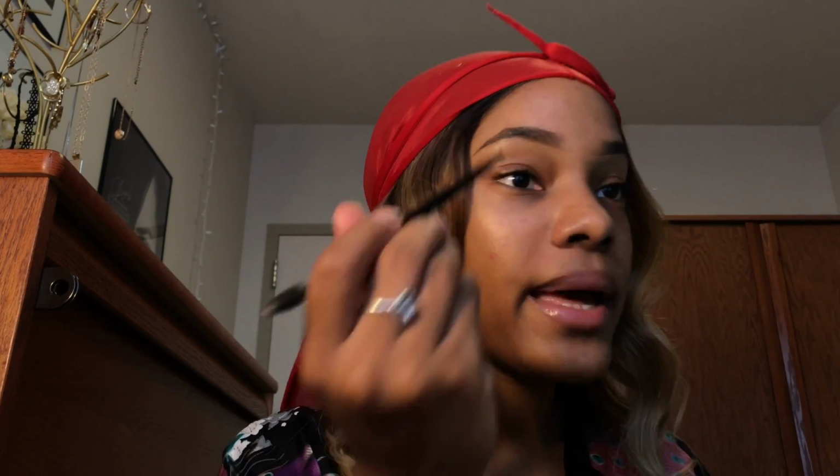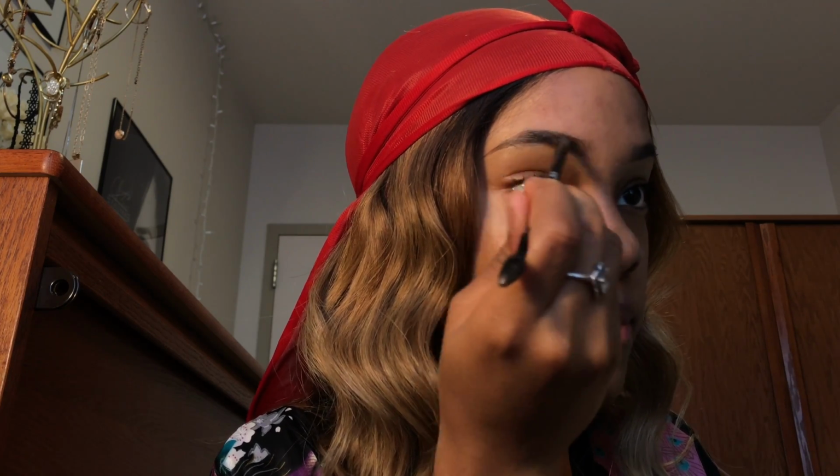So guys, after I clean up my brows, I will generally go back in and just sharpen up any areas that I thought were not cute, or where I took the concealer in too much. Then I move on to the next step. I'm not going to be doing eyeshadow for this look because that's just too much. But I do want to give my eyes a little bit of definition. I'm just going to take that same concealer palette that I've been using, go in with any shade, go over my lid,